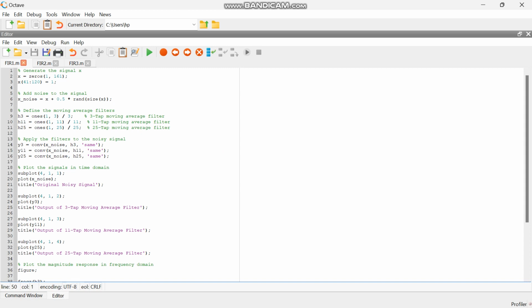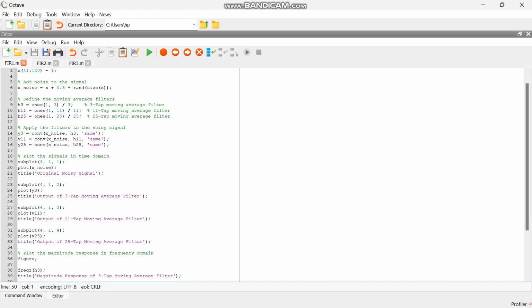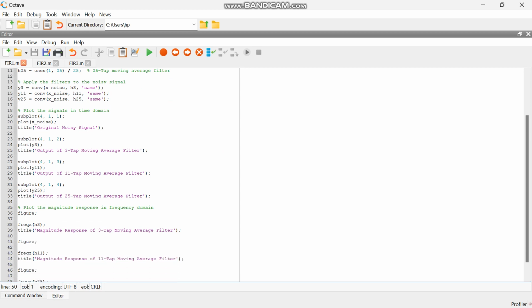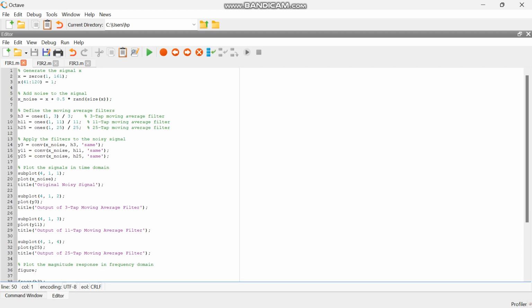Here we have created our signal, then we have added the noise to our signal, and we have defined the moving average filters. Then we have applied the filters to the noisy signal, and then we have plotted the signal in the time domain and in the frequency domain. To see the output, we have